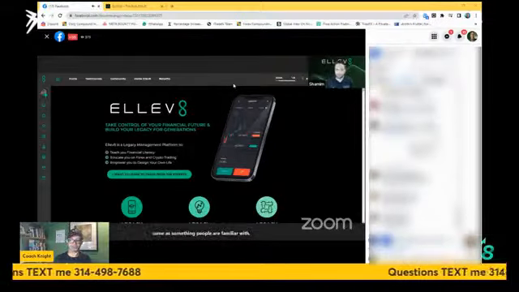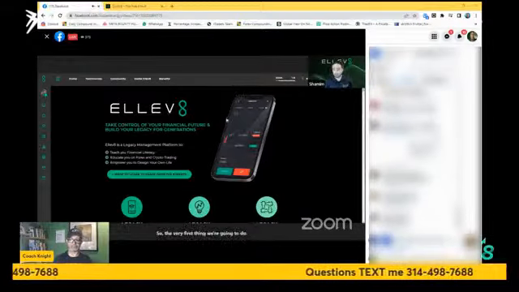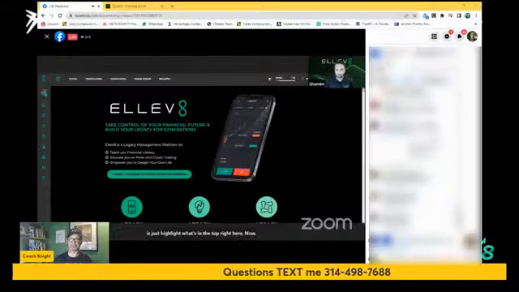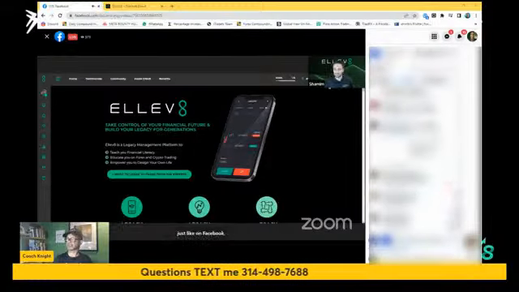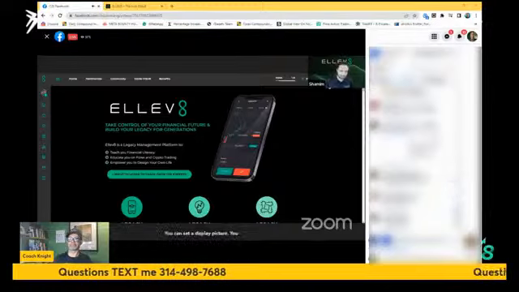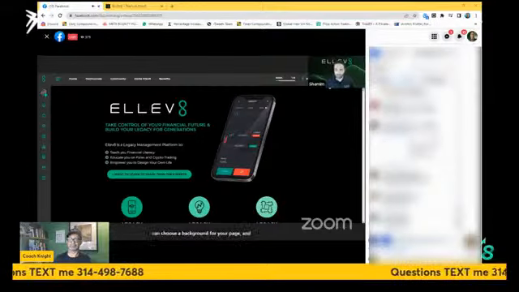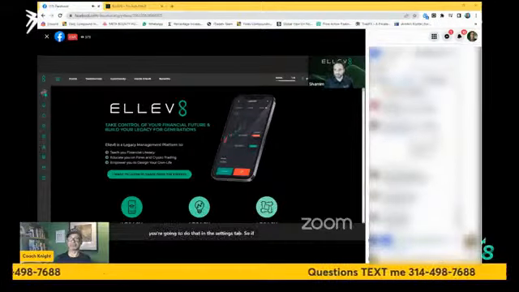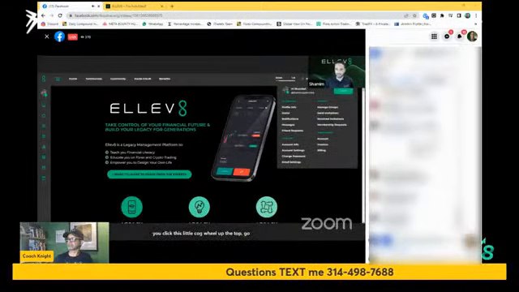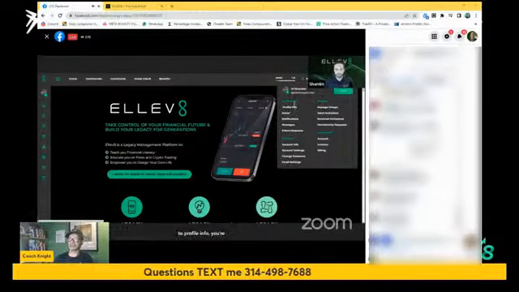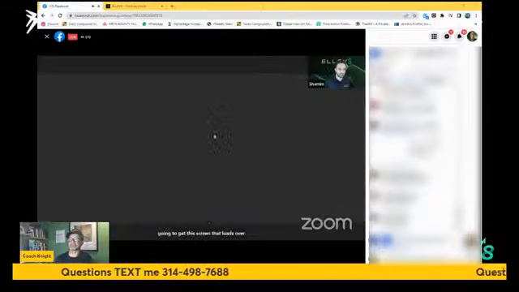So it's exactly the same as something people are familiar with. So the very first thing we're going to do is just highlight what's in the top right here. Now, just like on Facebook, you can set a display picture, you can choose a background for your page, and you're going to do that in the settings tab. So if you click this little cogwheel up the top, go to profile info, you're going to get this screen